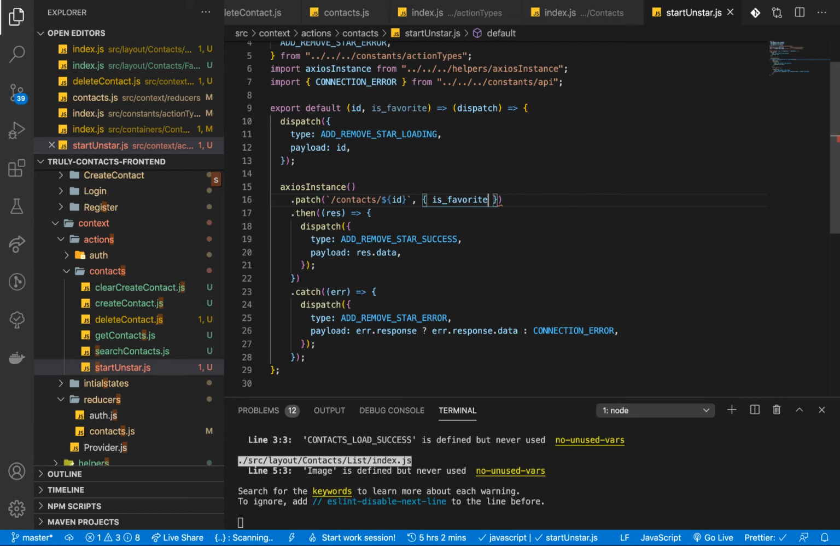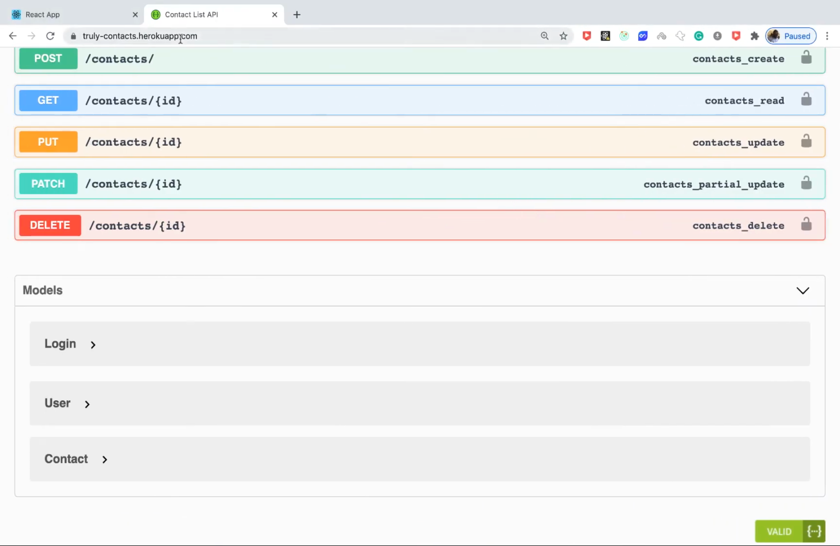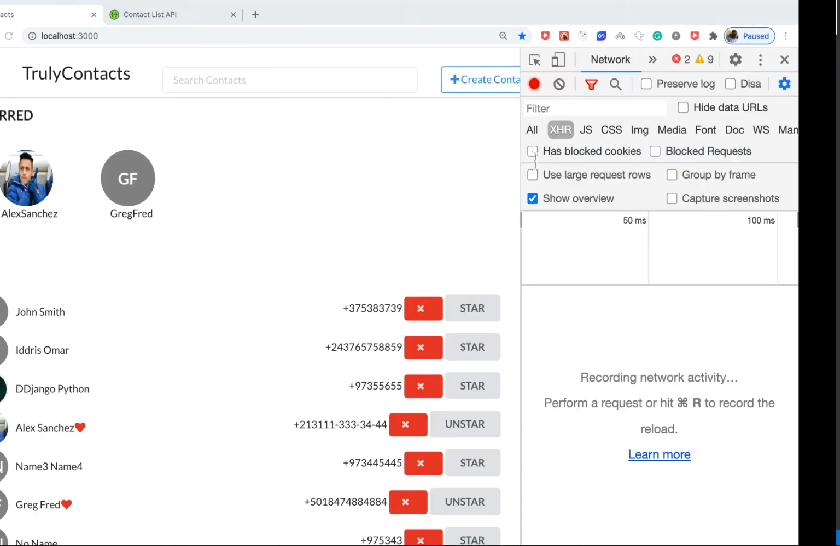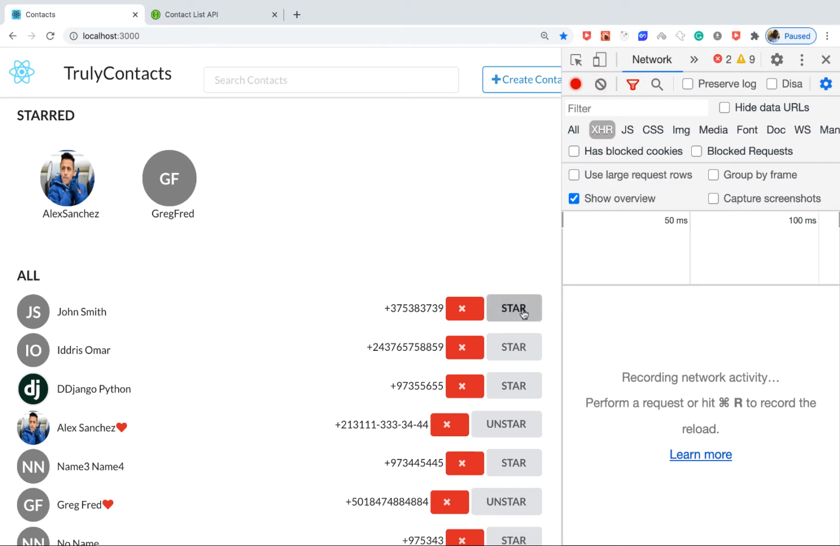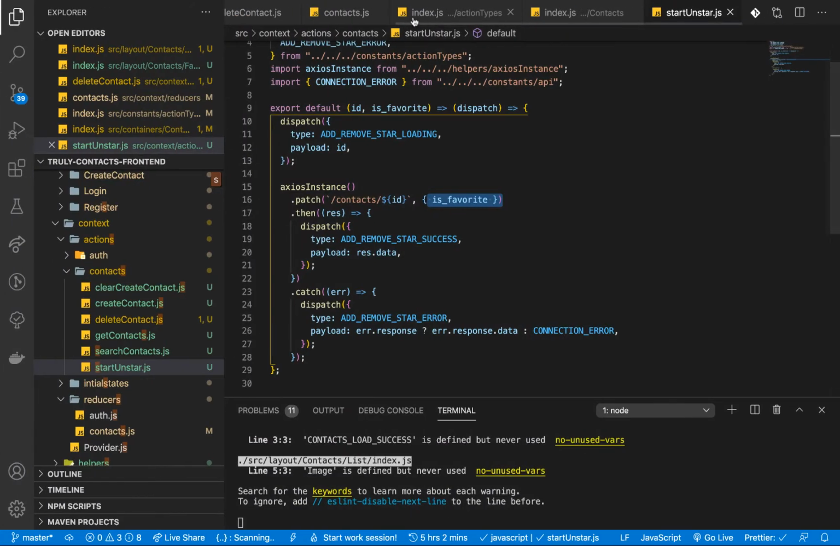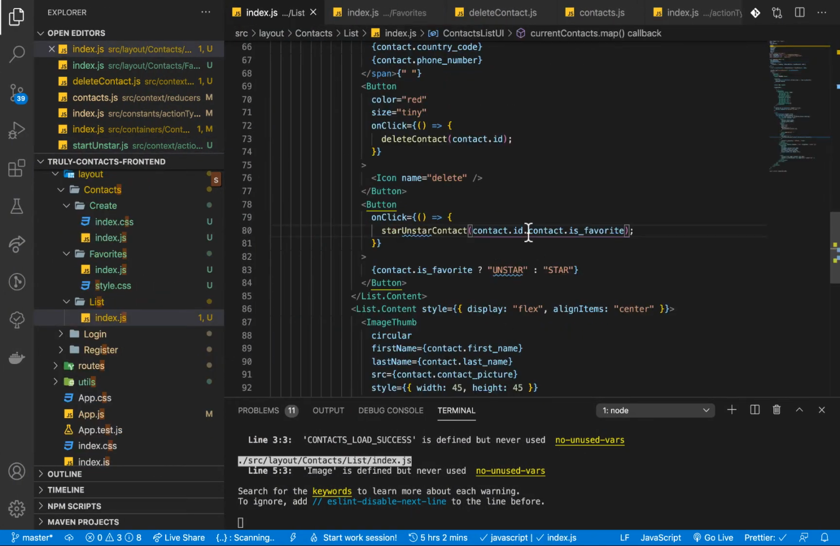So with JS, we can destructure it and send it like this. If you go back to the application and reload it, let me open up the DevTools so we know what we are working with. On the network, we can click star and we are not sending it. So let's take a look. We actually need a comma here. So if we come to the list, we can put a comma,